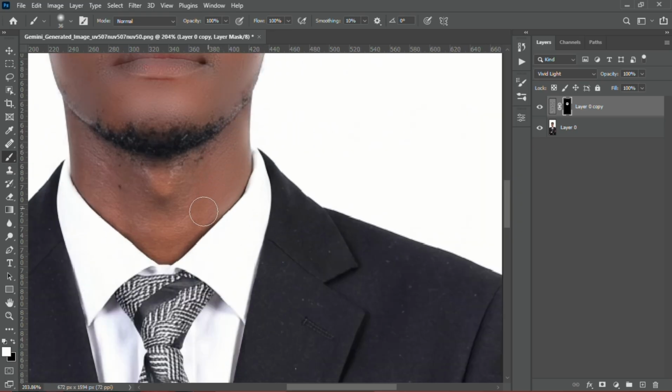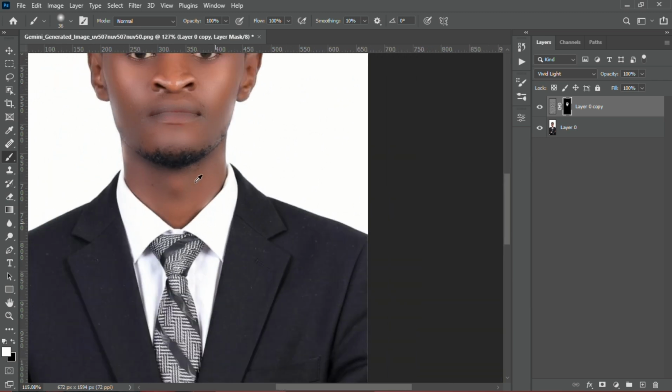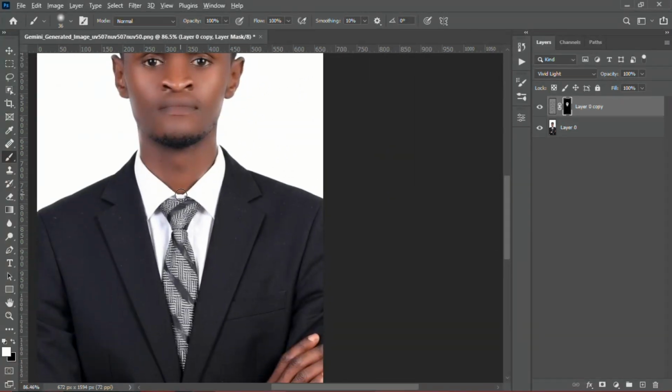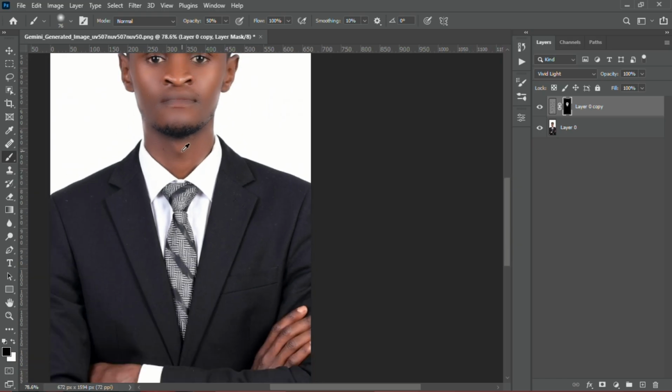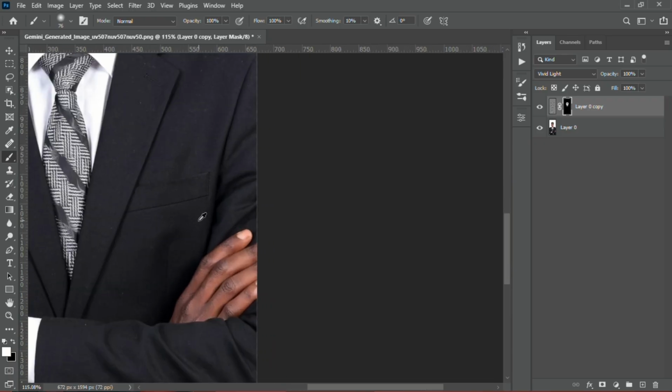a little bit. At times we usually need to maintain the texture of the skin, and you might draw on the brush and then realize that it looks a little bit too soft. So you just press X and lower the opacity, like 50%. Yes, 50%. Then you just do it to make it look natural. You have the right to adjust it, so you have that freedom. Let's go to the